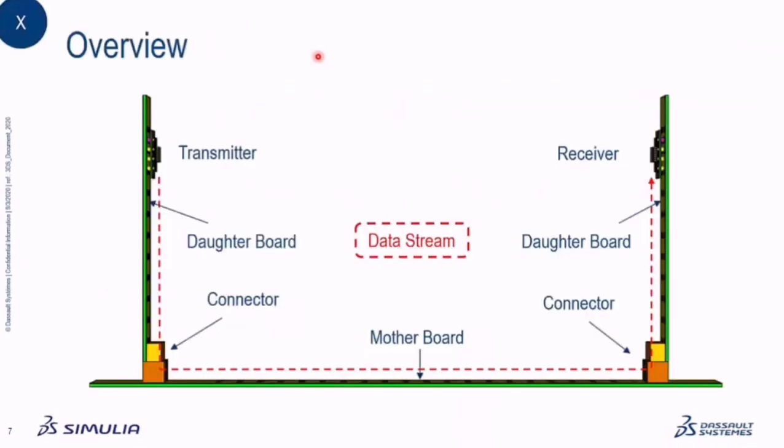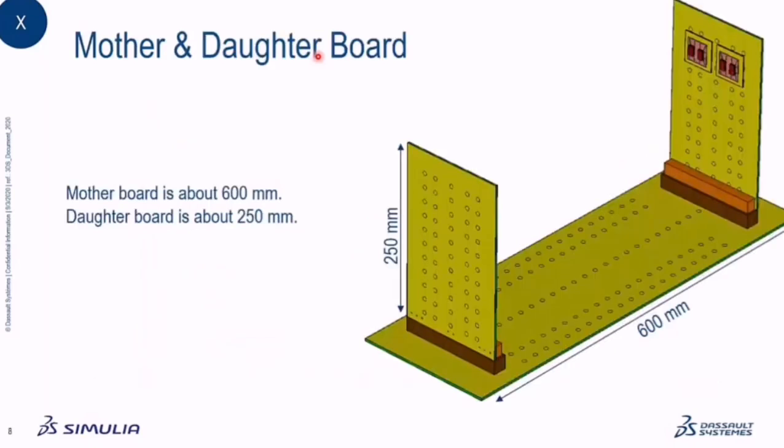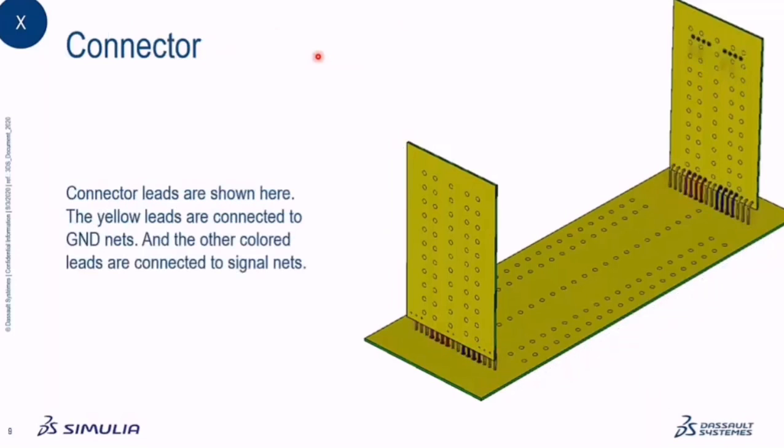And here's the backplane system, in Ethernet for example. It basically contains a transmitter, receiver, daughter board, motherboard, and also connectors. The backplane we simulated here is about 1 meter long, 600 millimeters for the motherboard and 250 millimeters for the daughter board. There are also some very rough, simple connectors that we designed in CST, to connect the daughter